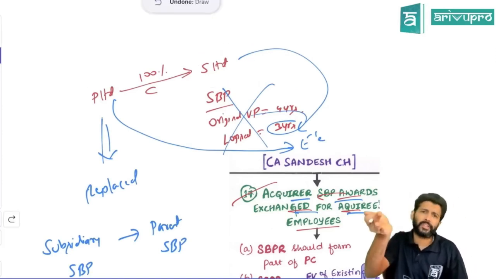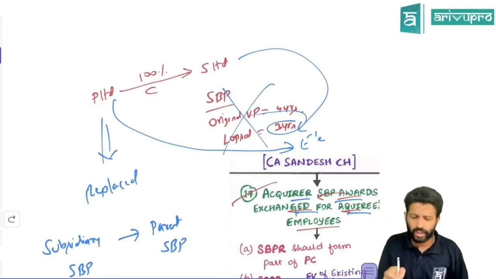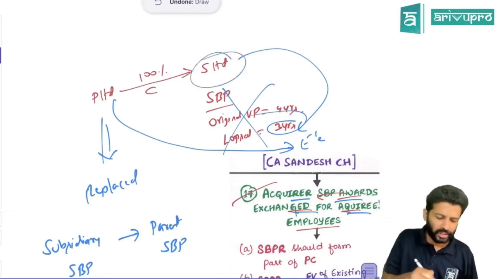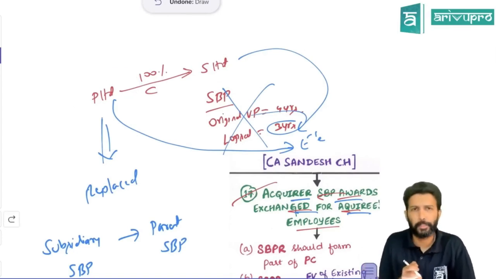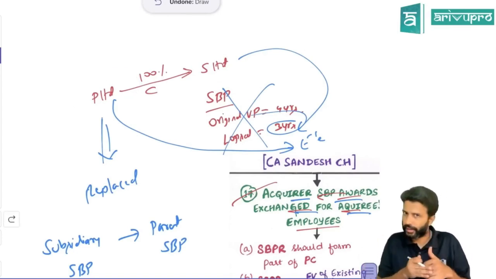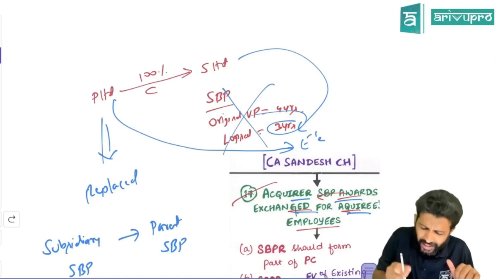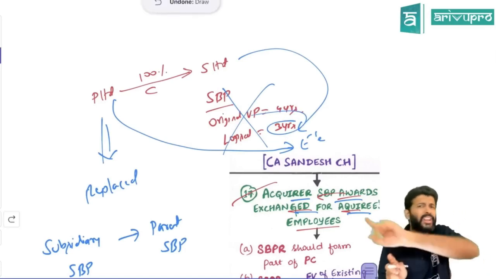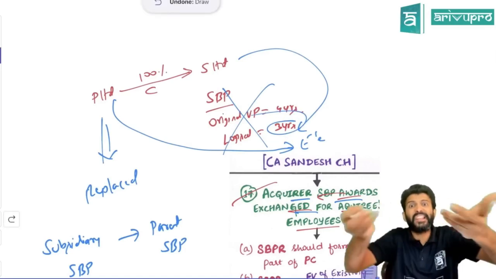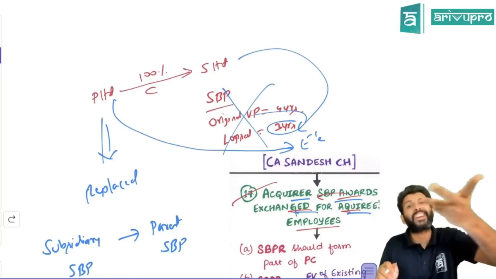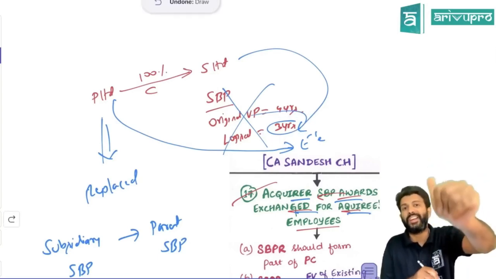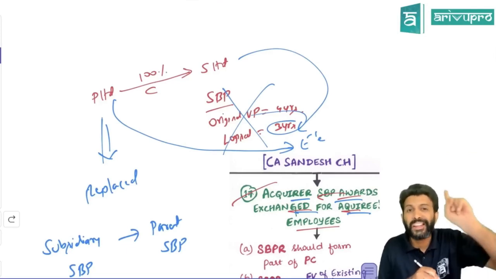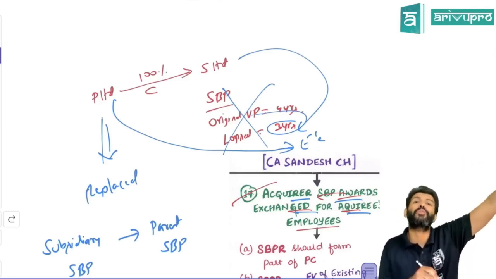If the employee gives the service, obviously S Limited, since S Limited's employees serve S Limited, S Limited will get benefited. So P is not getting benefited here because P just came now. Correct. They got the control only now. That means ideally for 3 years, P should not give any benefits to these employees. But still if they are giving, then they're not getting any service for these 3 years because 3 years is already over. So that we say is prorated SBPR, and that prorated SBPR should form part of PC.